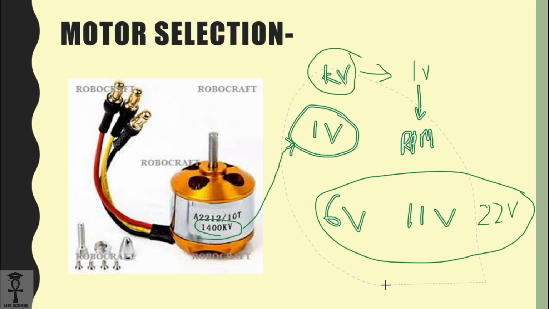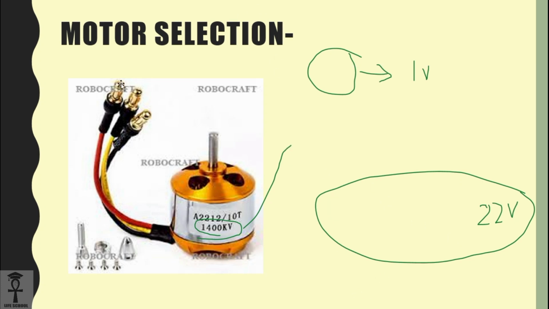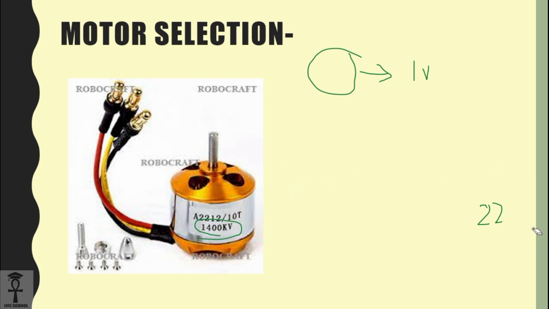Now after this, the next thing that we are going to see is how to select a motor when you have selected a prop. I know that I'm going to use a typical motor that is first of all completely tested, that is reliable, which has good efficiency. For that, I'll recommend a brand, Cobra Motors. But there are other motors such as Tiger Motor, then Turnigy. Typically these motors are calibrated, so I'm trusting these brands.